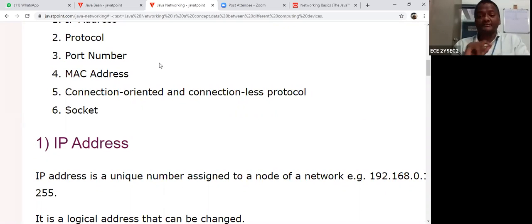So if you want to access Google, it has a port number. If you want to find out the port numbers, please go to Google and search for the port numbers of the internet. Then you have a clear idea. For Yahoo, there is a certain port number. For file accessing, there is a certain port number. For each and every action, there are certain port numbers.